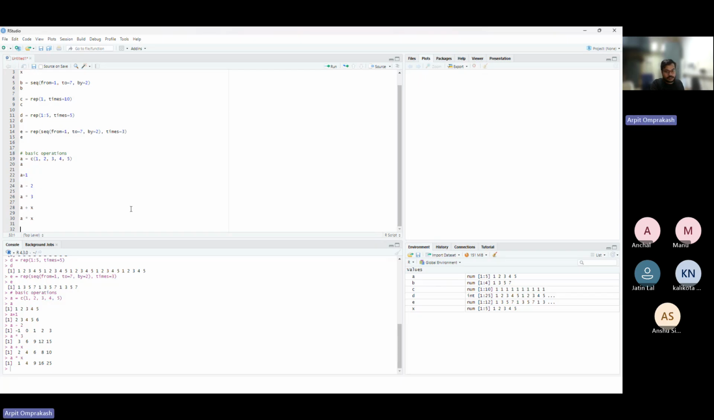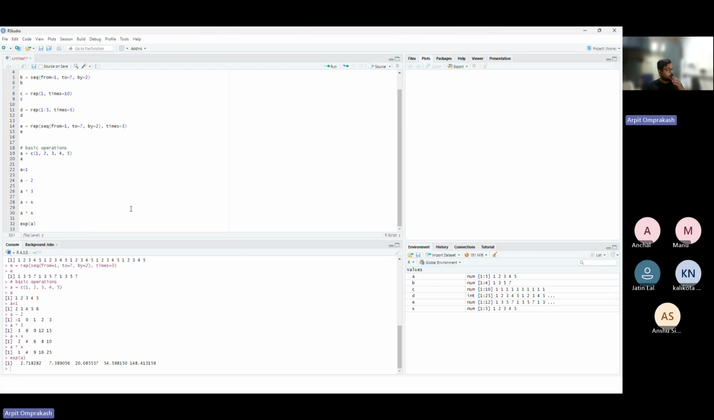Again, if I do exponentiation, which is raising a to the power,